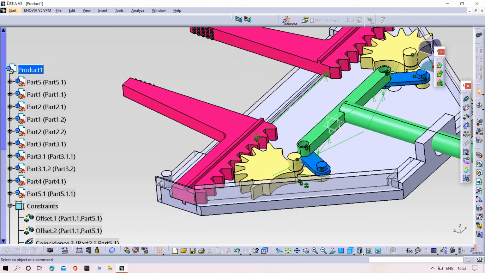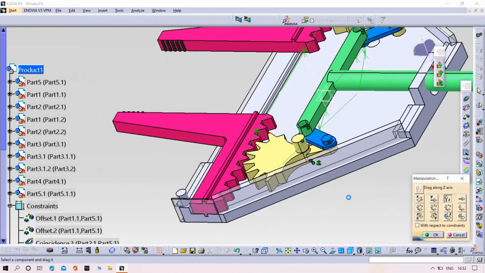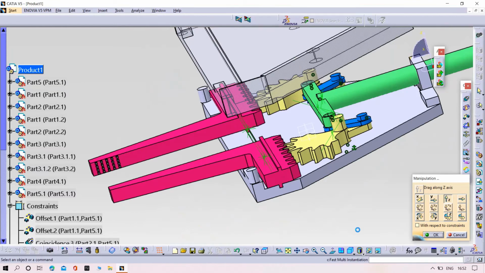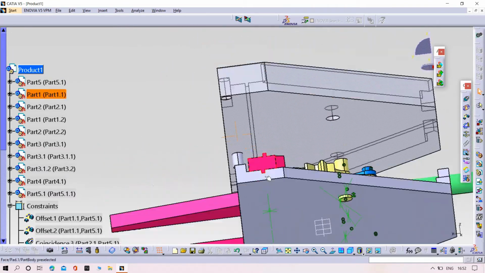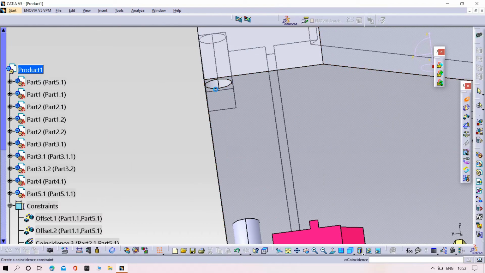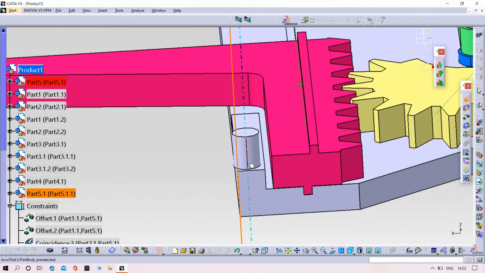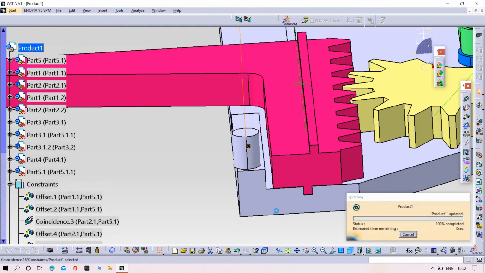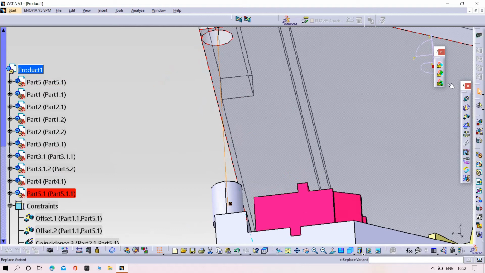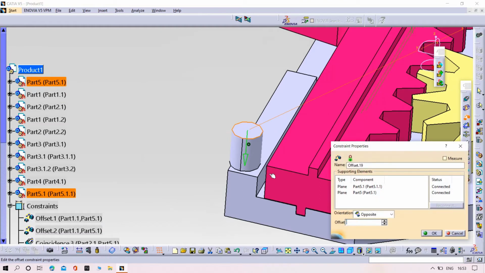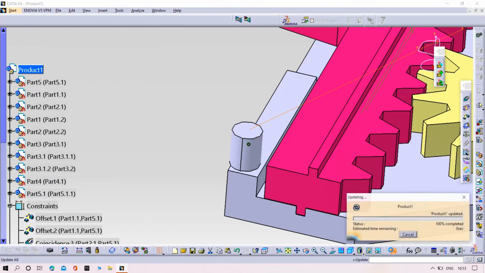Yeah, now try to assemble part number 6 with the base. And then try to give the surface distance also. Zero, then apply.